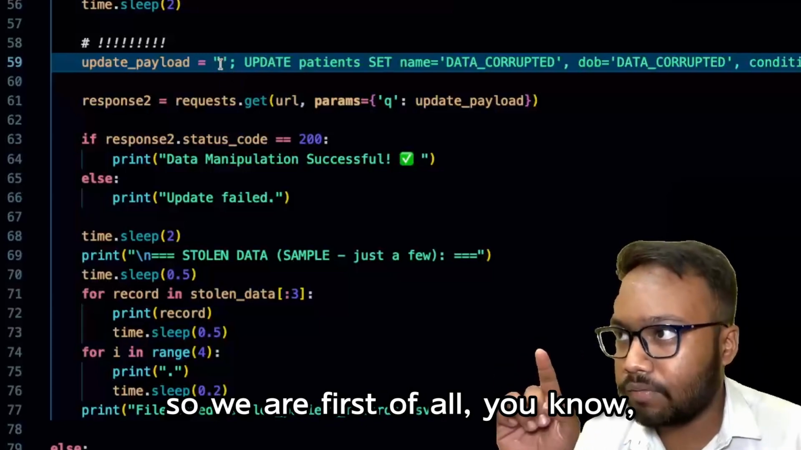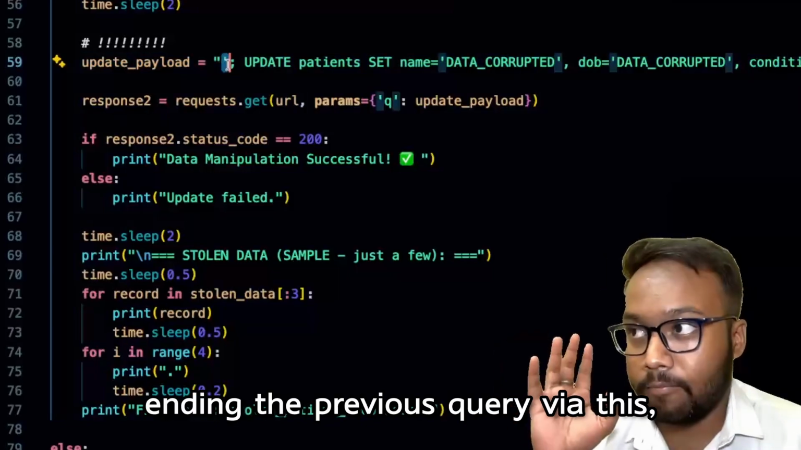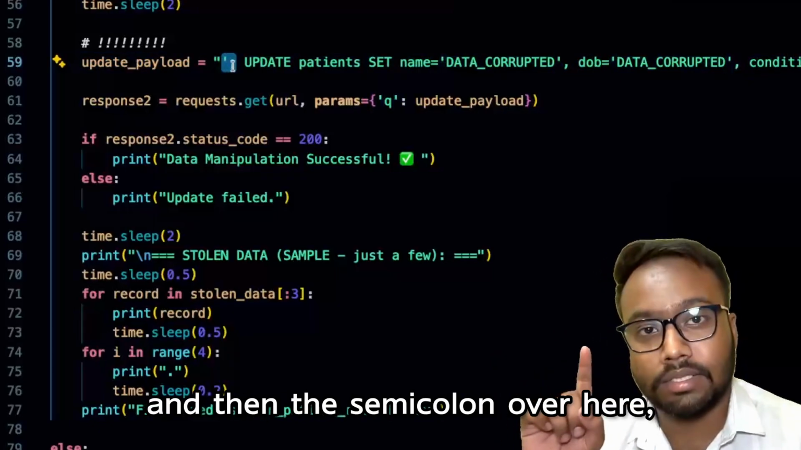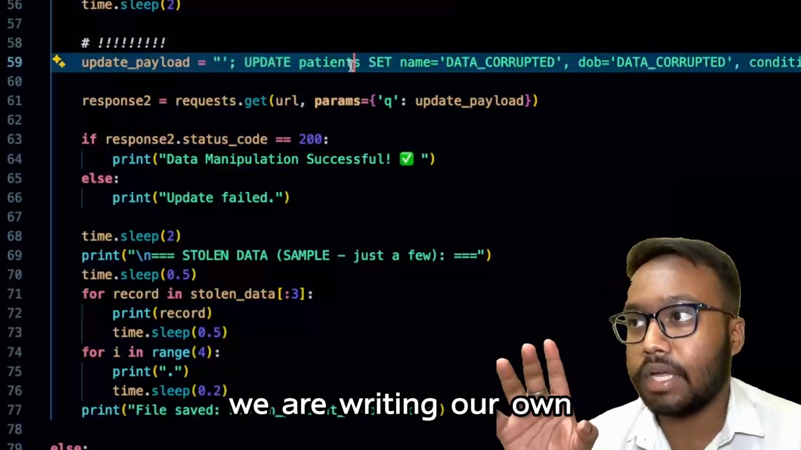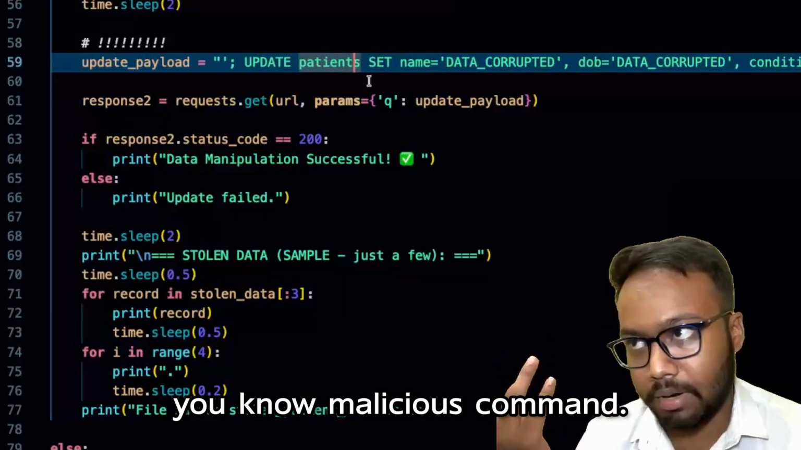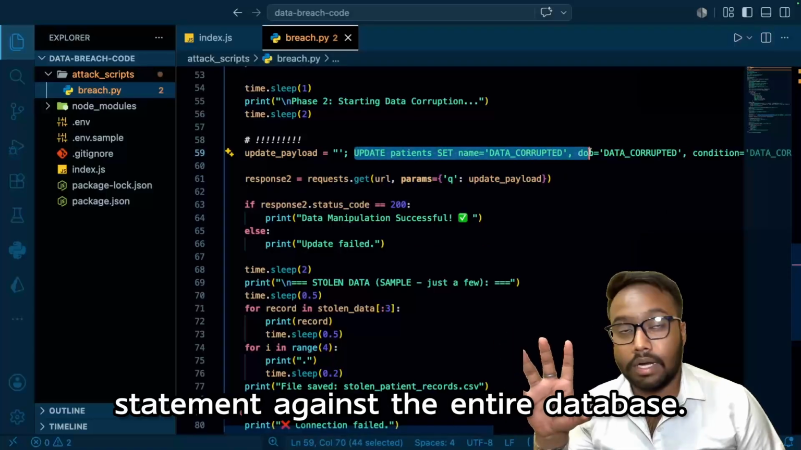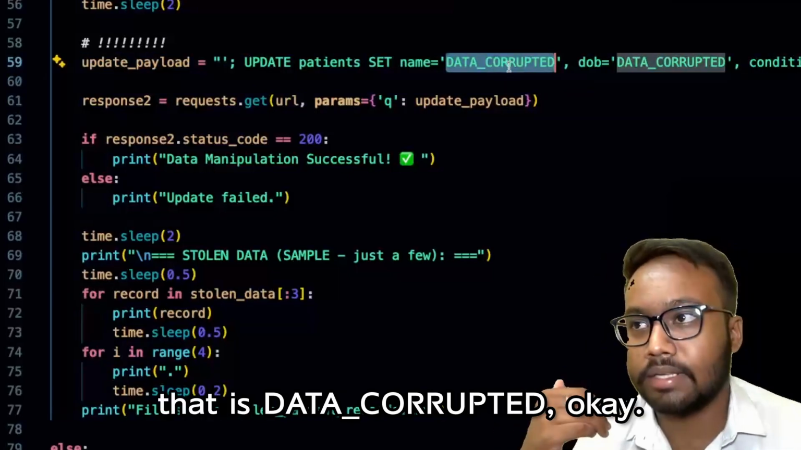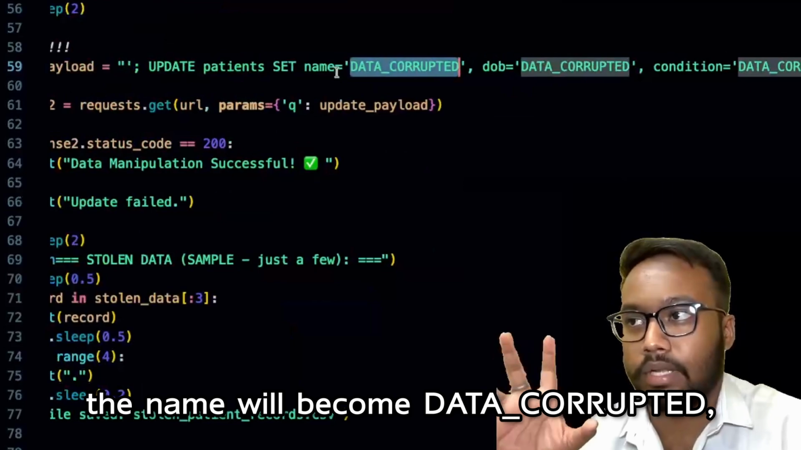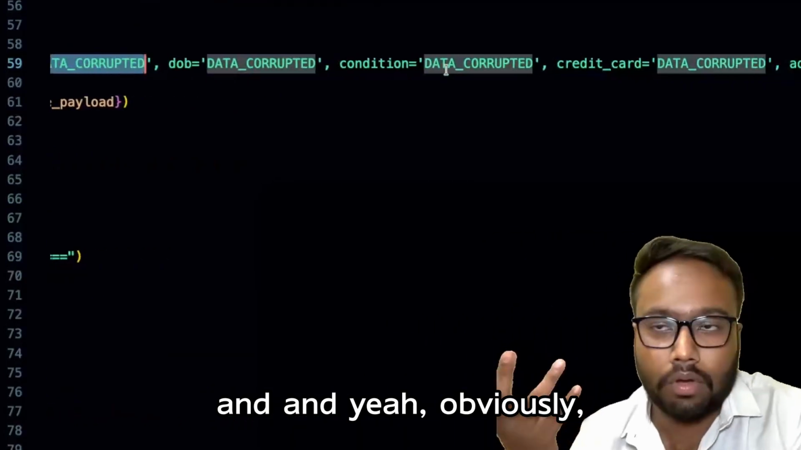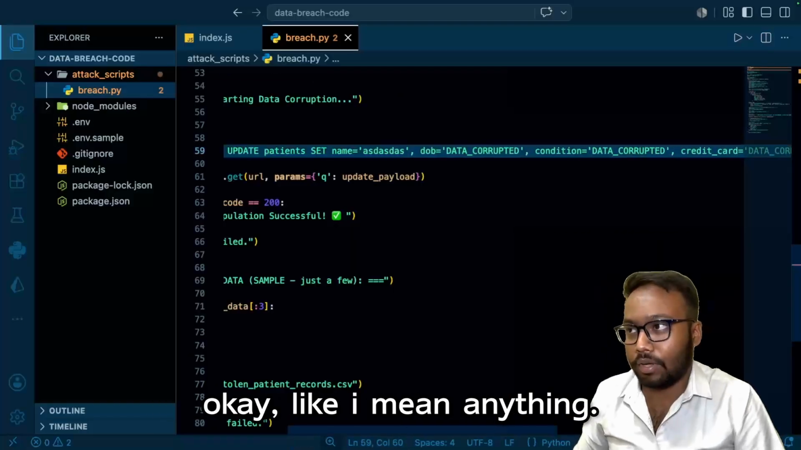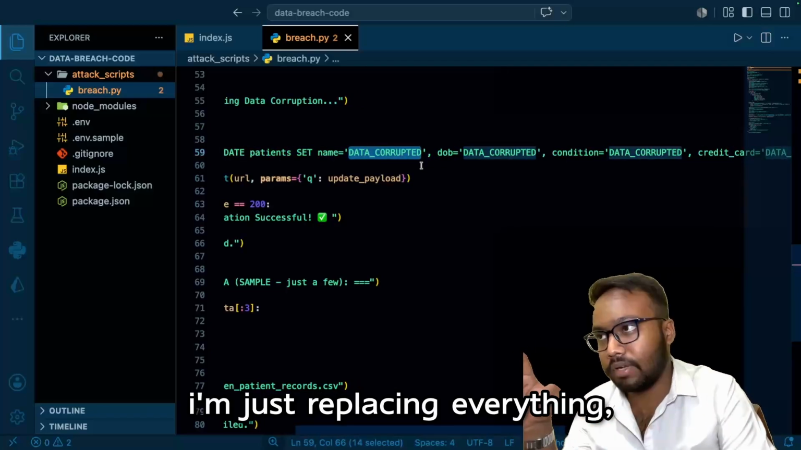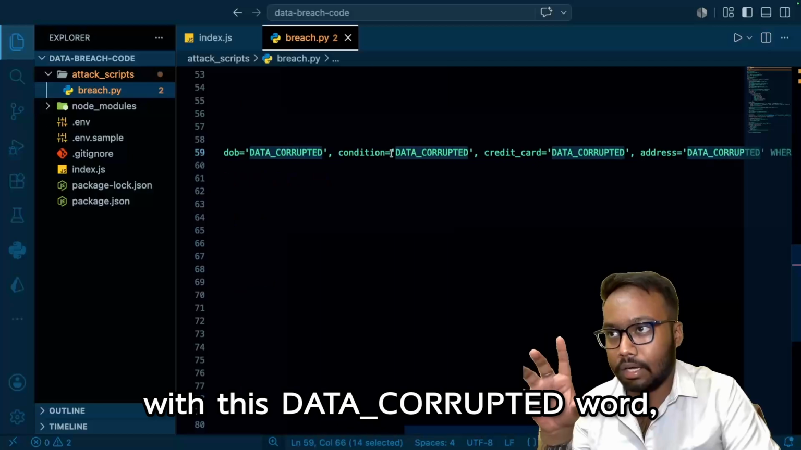Okay, so we are first of all ending the previous query via the ending string, and then the semicolon over here. Okay, then after that we are writing our own malicious command. It runs the update statement against the entire database. This is overwriting every single record with this text, that is data corrupted. Okay, as you can clearly see, the name will become data corrupted, and obviously you can write anything you want. Okay, anything. So in this case I'm just replacing all the data with this data corrupted word,